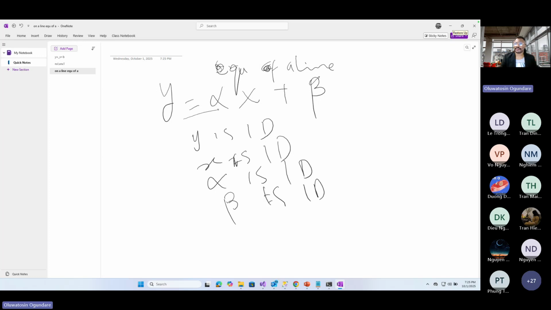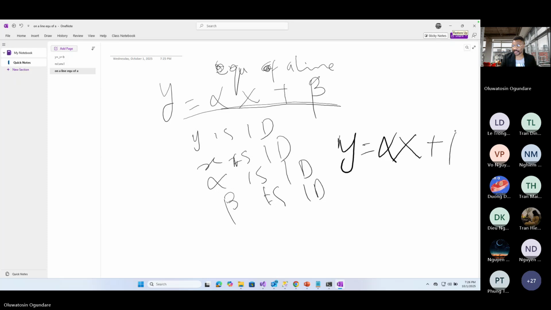But you can generalize this to n dimension. So when you take this equation and generalize to n dimension, it looks the same way, but now it is written in bold. Y in bold, which tells you it's a vector, is alpha in bold, which tells you it's a vector, x in bold, which tells you it's a vector, plus beta, which is not in bold because this is still a number. Well, actually, in this case,